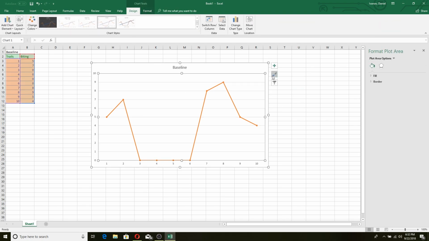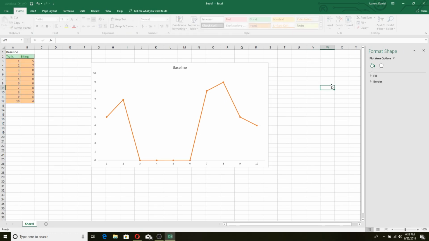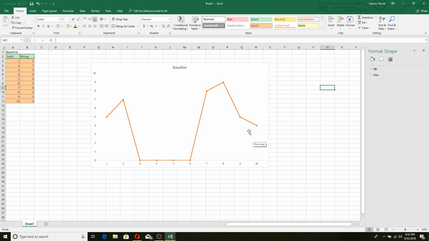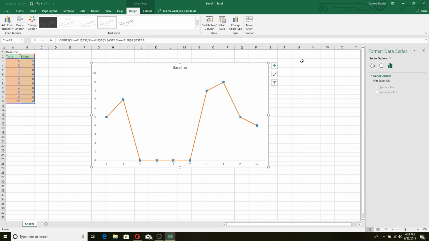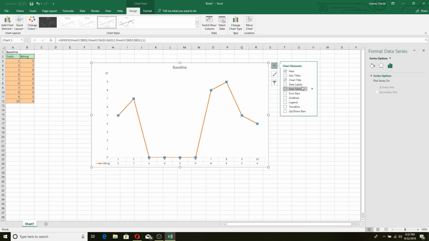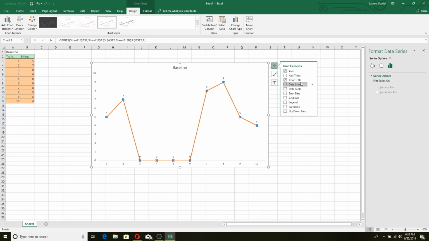Okay, and because this is going to be an academic chart, what you want to do is remove the lines. So click the green plus above the chart and deselect grid lines so that we no longer have grid lines. Then you want to click the green plus sign again, and you want to add, what do you call these,